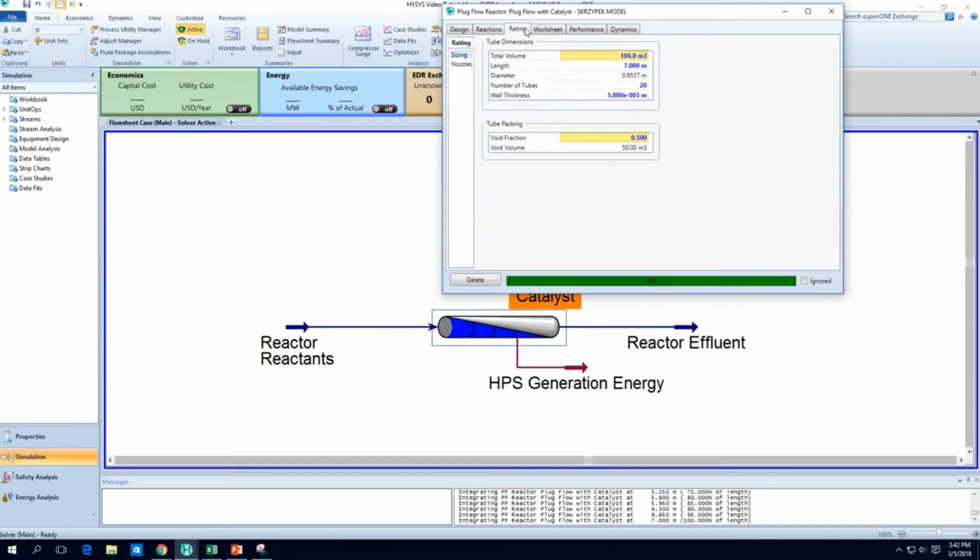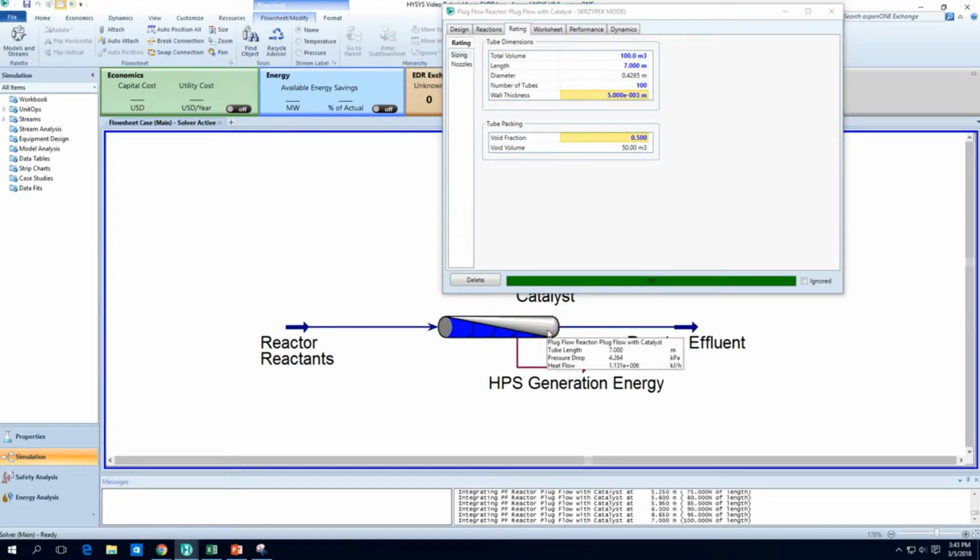If you want to do that, you come here, go to the rating tab, and look at the number of tubes. At present, it's at 20. And if you want to increase it to maybe 100, you can do so in the following manner. By doing so, your pressure drop increases a little bit, and your cost will of course increase,